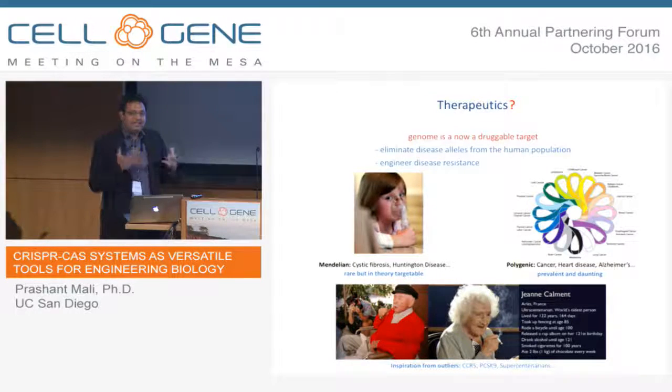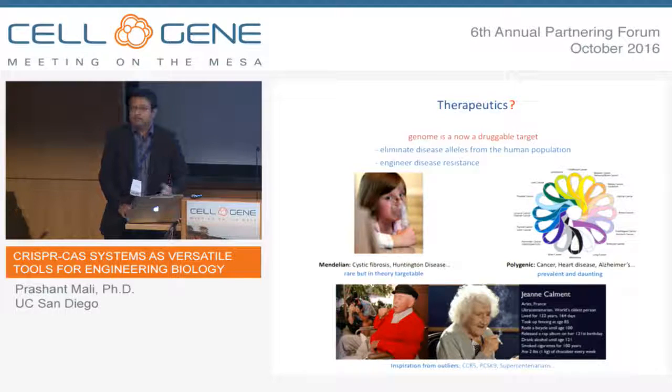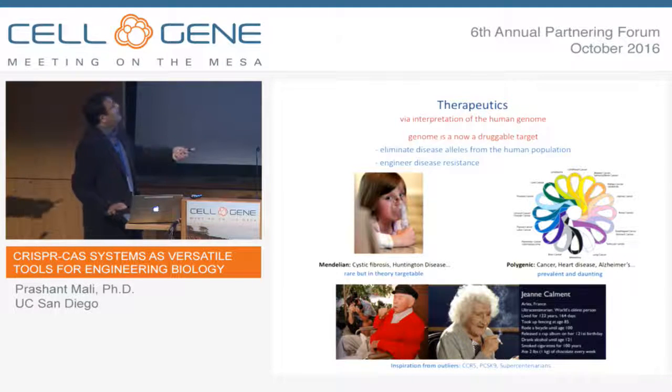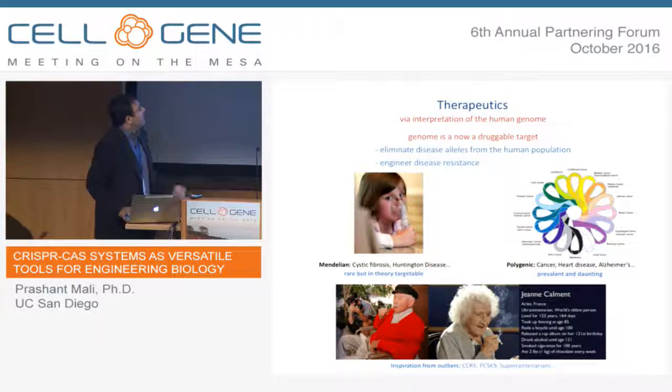But suffice to say, what I'm trying to get at with this particular slide is that when we think about therapeutics, perhaps the greatest impact of the CRISPR-Cas systems will be in our improved ability to interpret the human genome. And that's perhaps where the greatest contribution of the CRISPR-Cas systems will truly lie. So in that context, I wanted to segue into the second half of the talk,